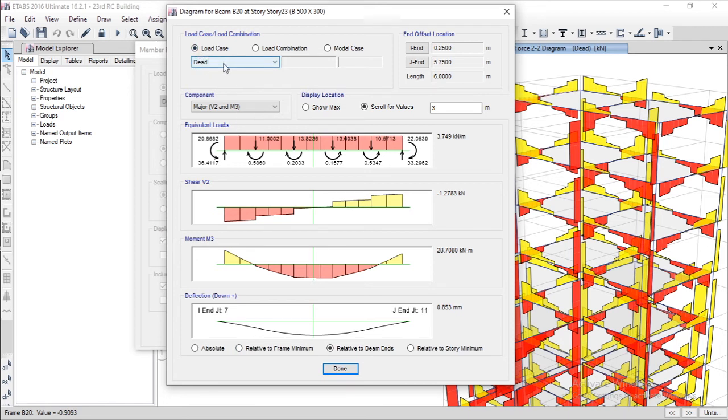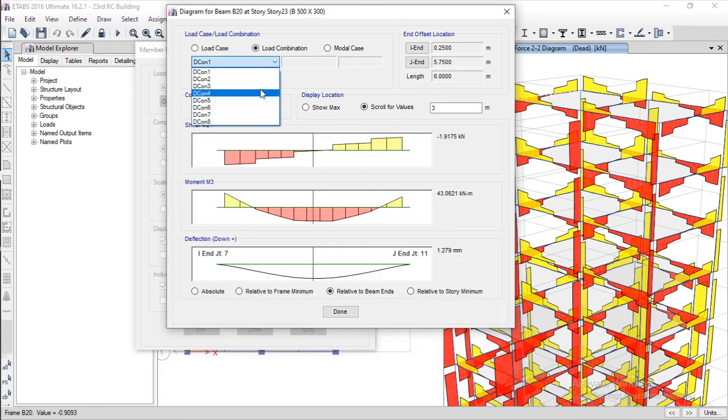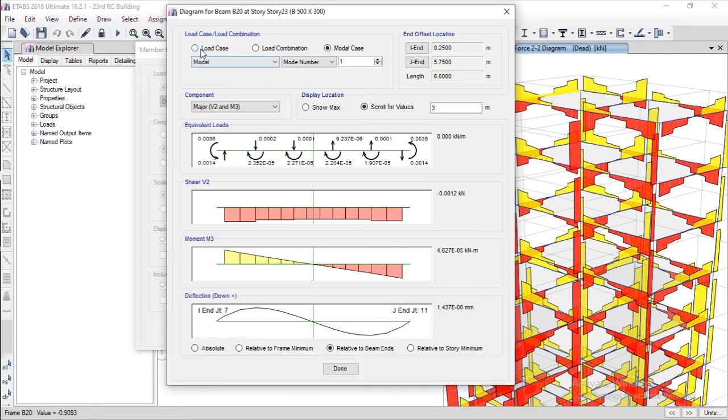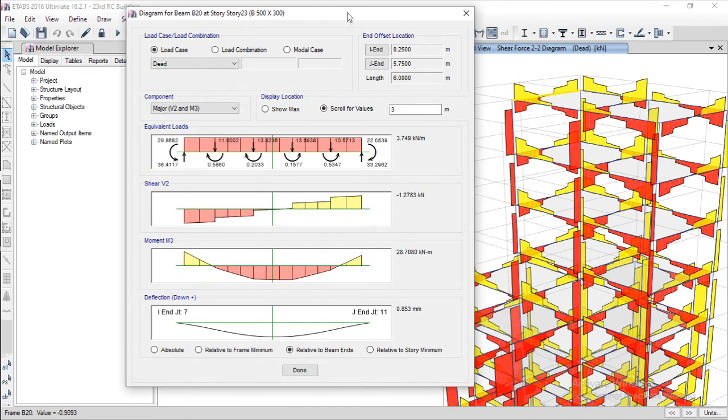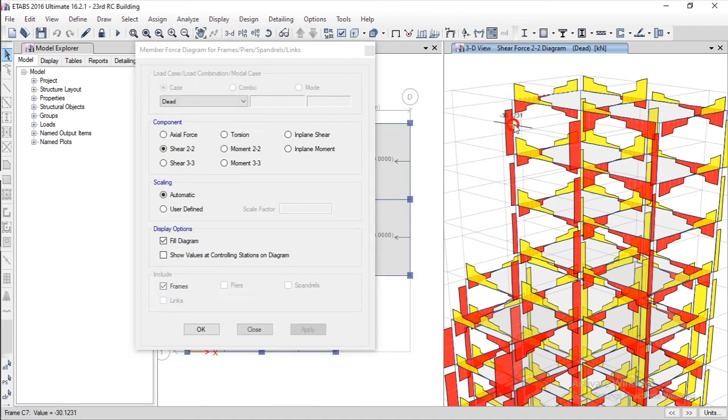I can set the load over the load cases, about dead load, live load, wind load. I can use the load combinations. Here the 8 combinations of loads are given. I can use the mode cases also. Everything I can do from here, or I can check the internal force values of the